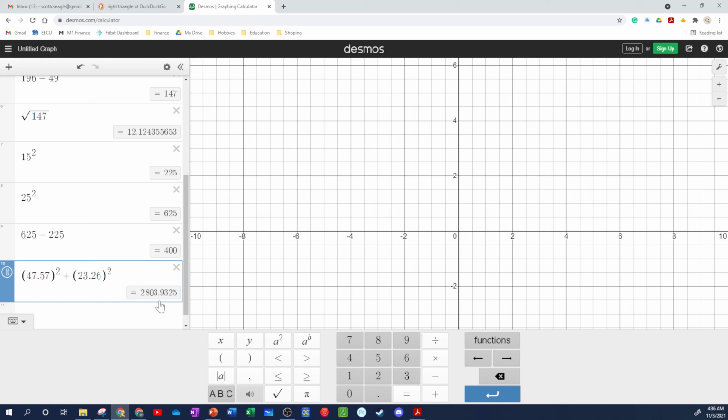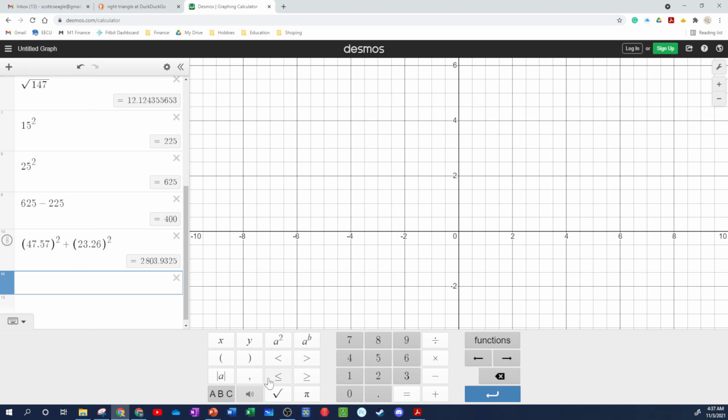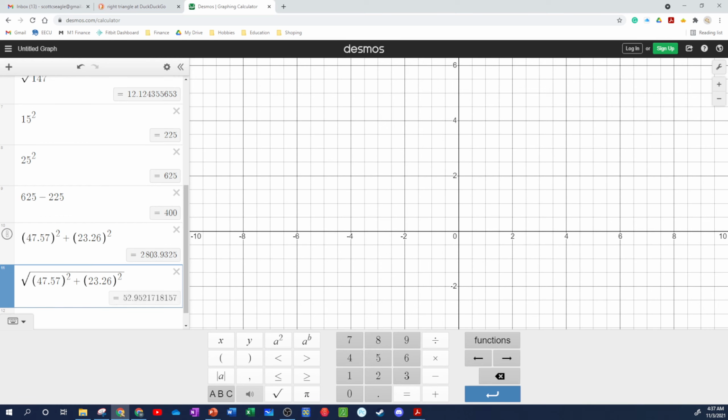All right, so we have this number here, and we want to take the square root of that. I want to take the square root of all of that. So what I'm going to do is copy and paste this. I'm going to take the square root of all this, and I want to make sure I don't round anywhere. So I'm going to take the square root of everything in here, and my answer ends up being